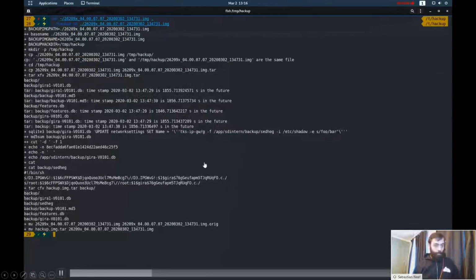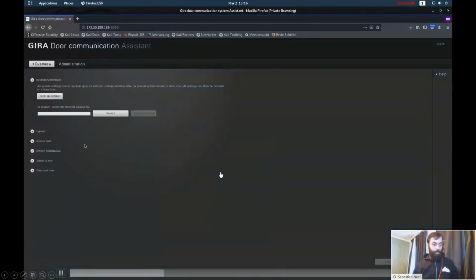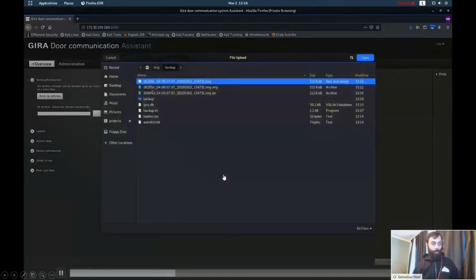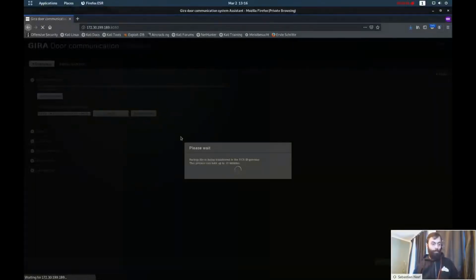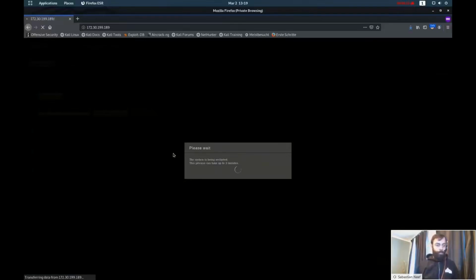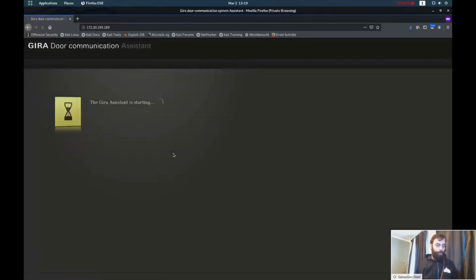So yeah, this was pretty easy with the shell script, and then we would log in back to the device. We would choose our modified exploit file as a backup to archive, upload it, and then it would take about 5 to 10 minutes to do all the restoration. So we cut it out of the video here.